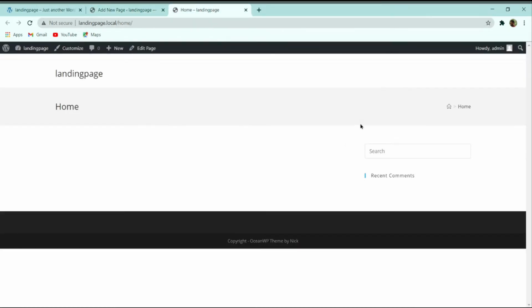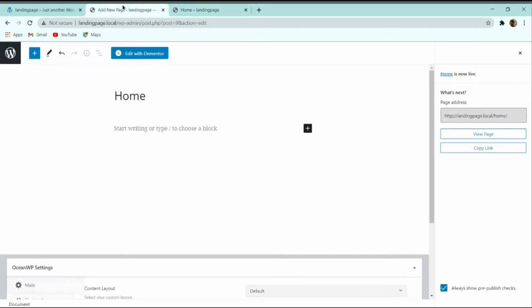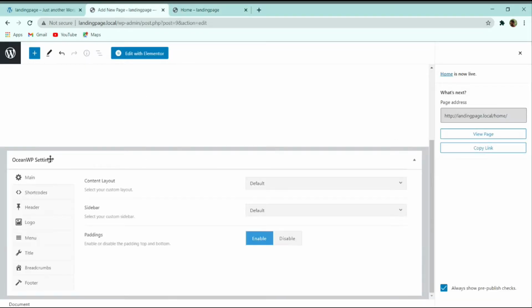Here you can see that I have opened the page, and we have this title bar over here, and then we have this sidebar also over here. So to delete this title bar and sidebar, you can see that this OceanWP setting is here. First of all, here you can see this padding.